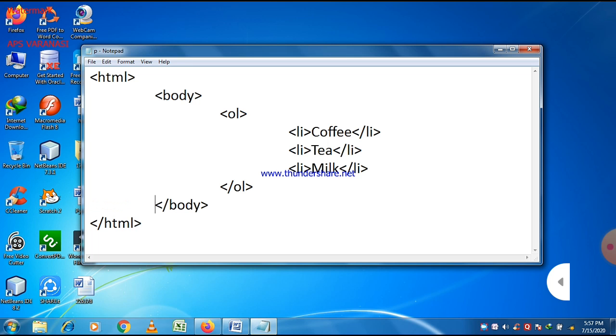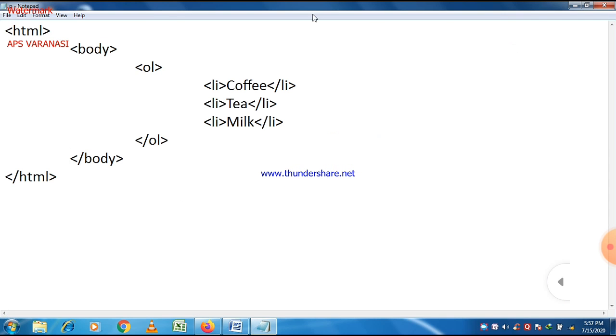All the content which we want to display on the screen must be written within body tag. So OL tag is written within body tag, and after that the items of the list should be displayed using li tag, as you see here.